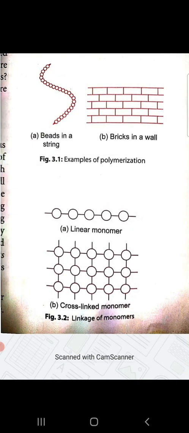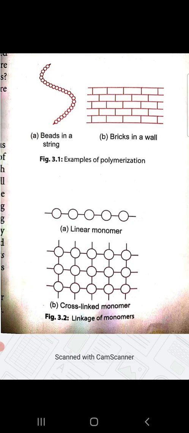You have all seen a necklace of pearls. That complete necklace of pearl is a polymer. Poly means many and mer means unit. So it has many units combined together. That is a polymer. However, each pearl, the one single pearl here, is actually a single unit. It is called a monomer. So a monomer is a single pearl, and when many pearls combine together to form a necklace, that necklace is a polymer.